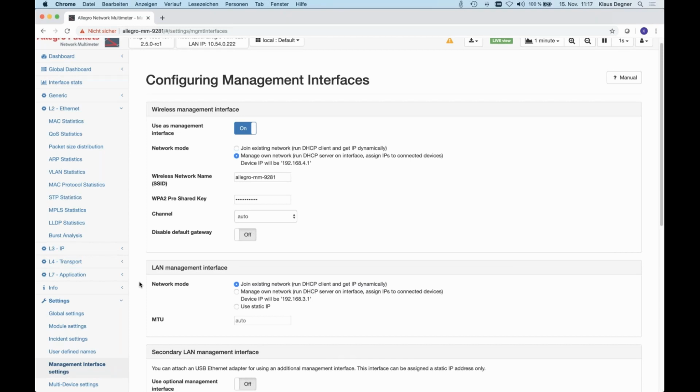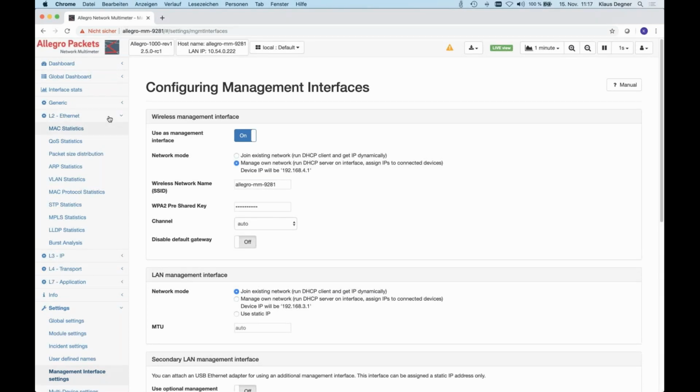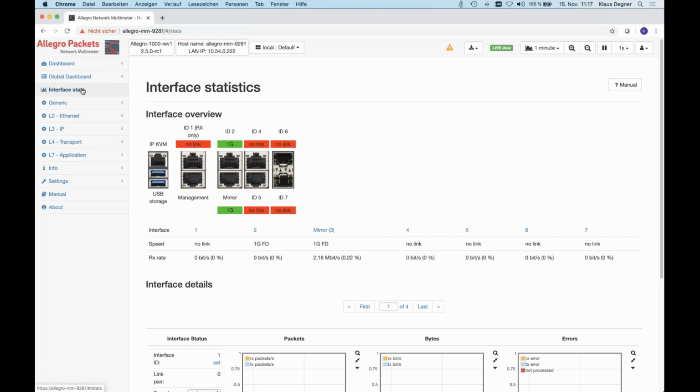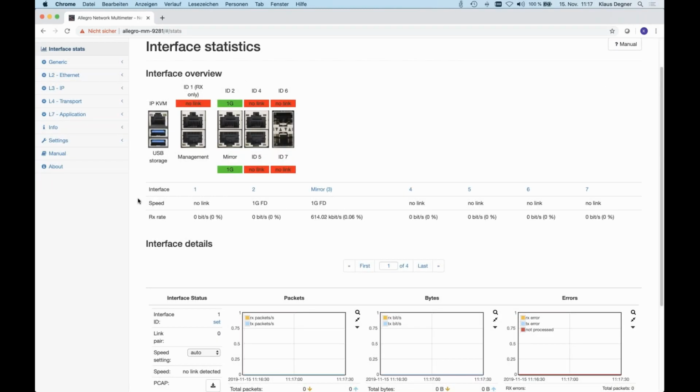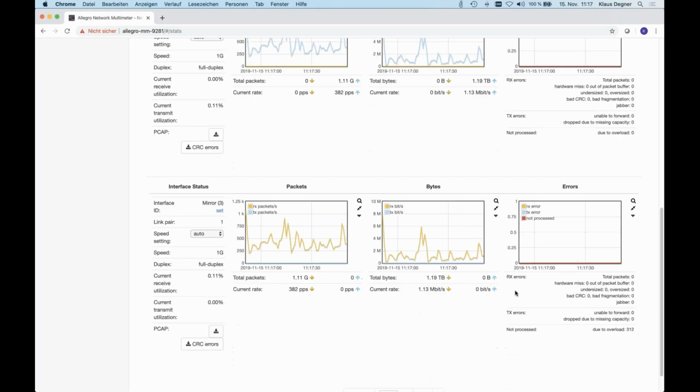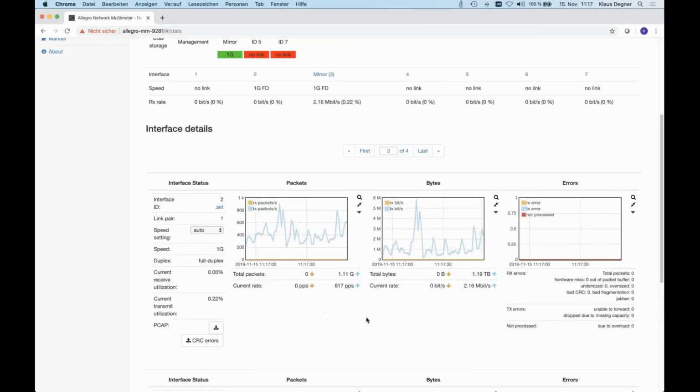Next request was coming more from the production side, that we have quite a lot of customers who are using the Allegro, and they ask us, can we record CRC errors? And we implemented that for the gigabit interfaces because it was, in most cases, more a connectivity item. And the Allegro now records wrong CRC frames per interface, and you can extract if there are CRC errors. So here right now, let me see if we had some CRC errors. No, that's it, link with traffic, and here also no CRC errors.